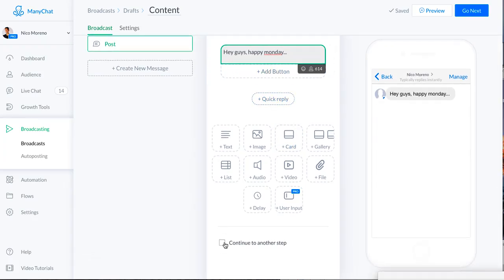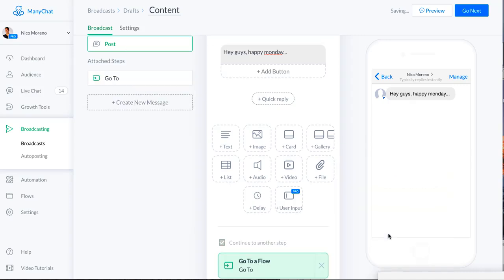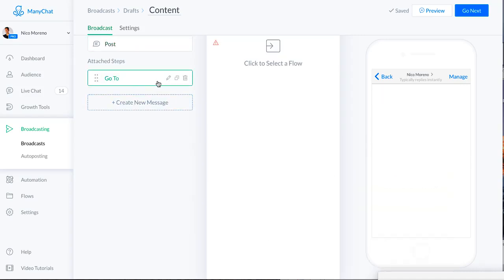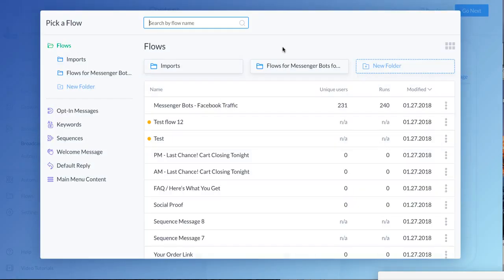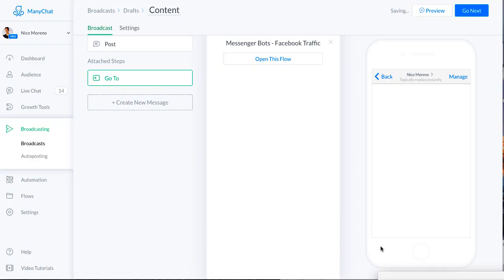But what you can do after that is you can go down here, click continue to another step, choose next step, and then go to a flow. So then what you can do is you can attach any flow that you already have in here. So like I can just attach this full flow, and then